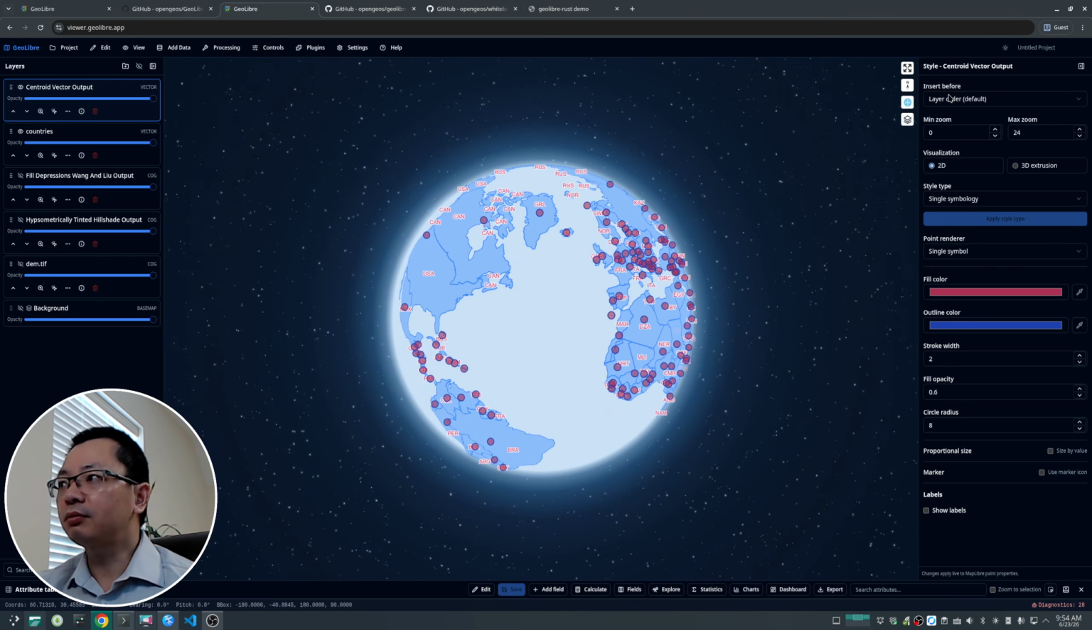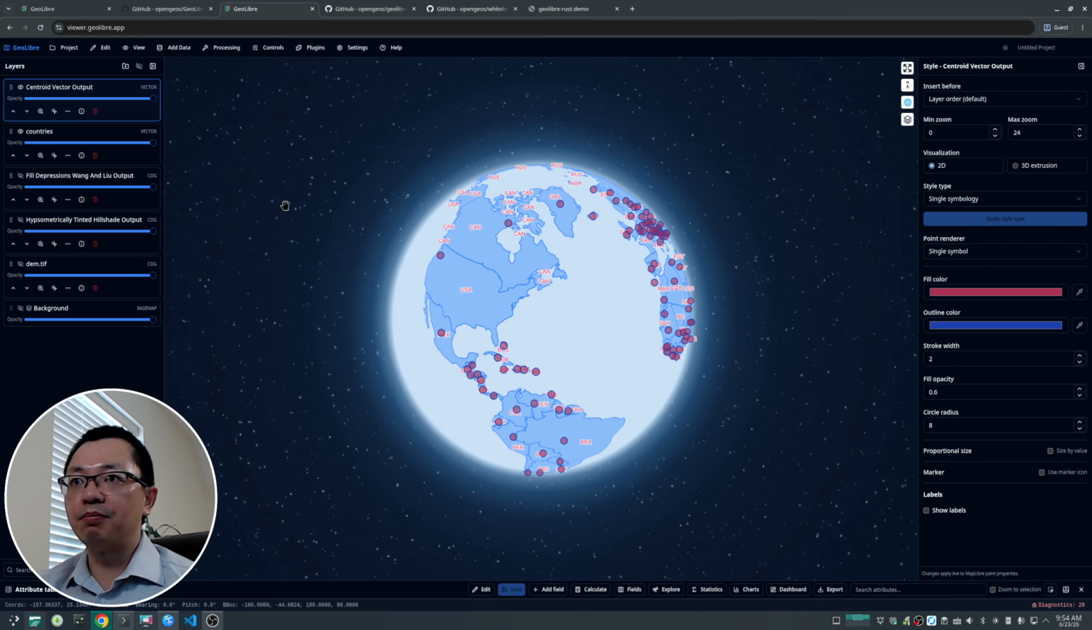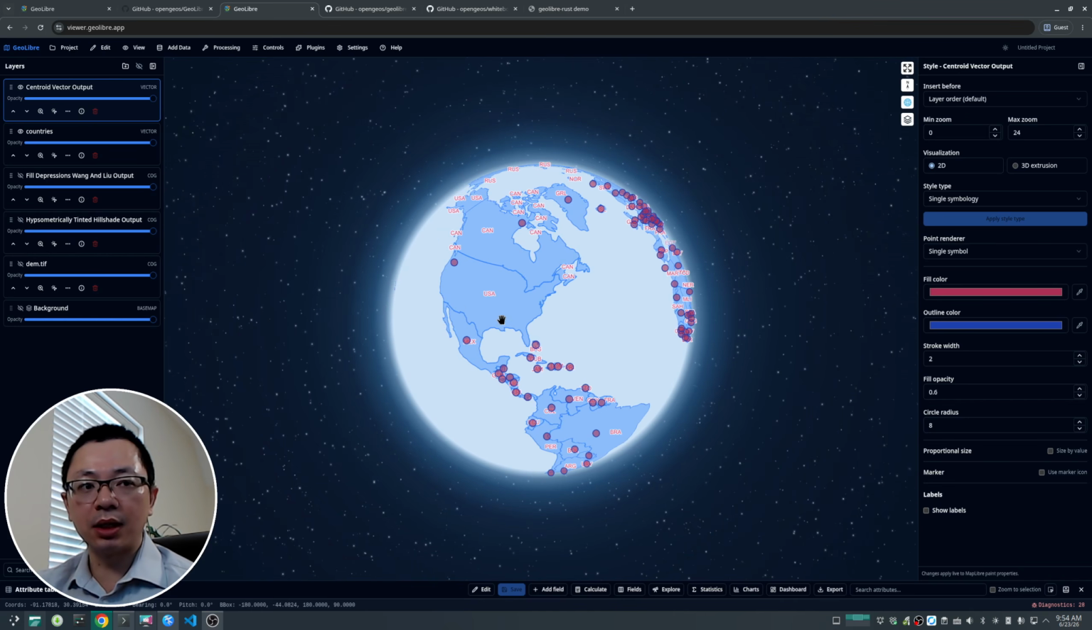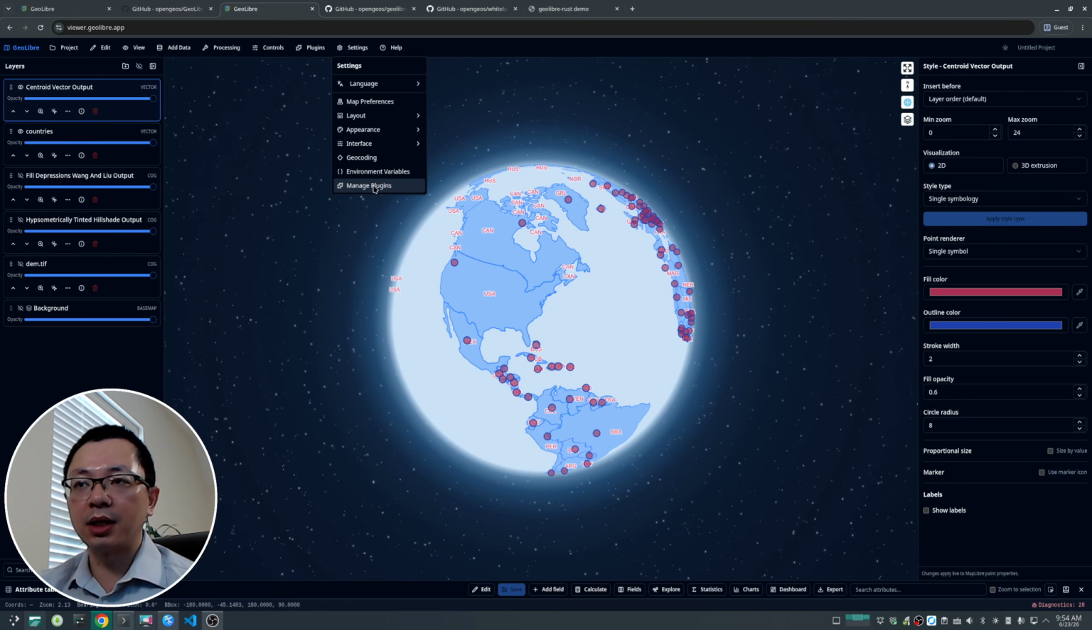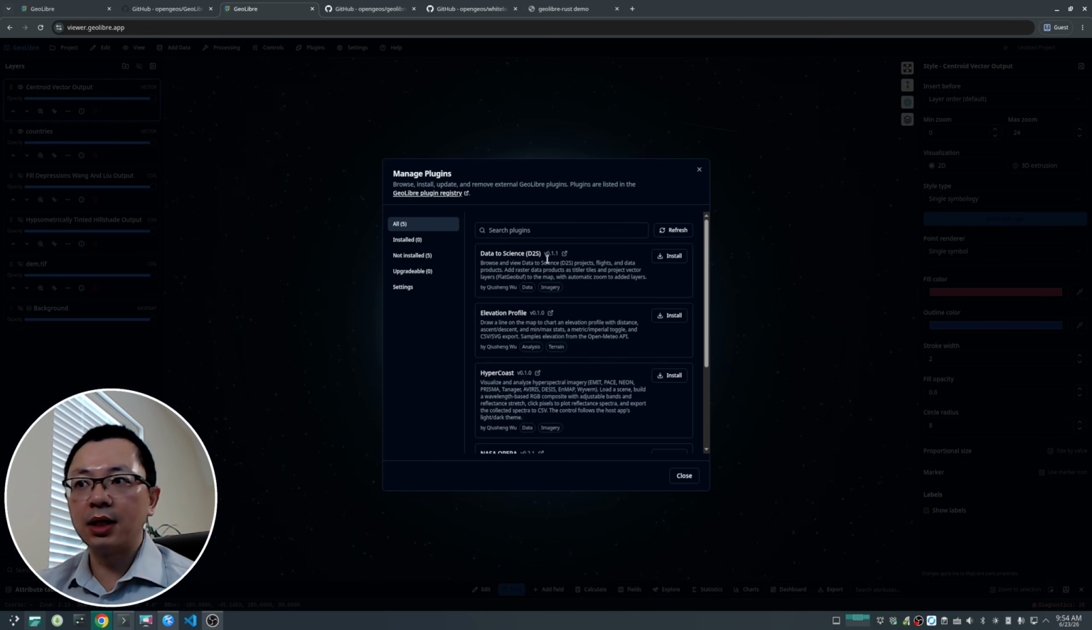Let me know. And the other thing I want to mention is, besides the existing tools, you're welcome to extend the functionality. You can develop a plugin, just like a QGIS plugin. I've created some of those in here. In the settings, you can go to manage plugins, which allows you to install plugins. If you want to develop your own plugin, you can click this one,